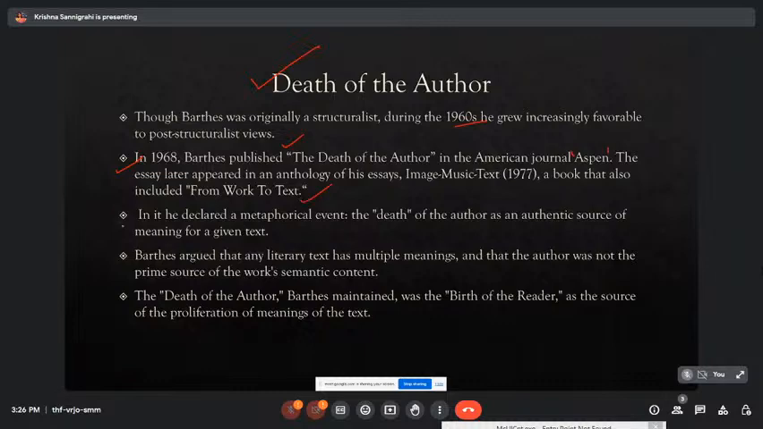What did he do in it? In it, he declared a metaphorical event, the death of the author, as an authentic source of meaning for a given text. So what is he trying to say? He argued that a literary text has multiple meanings and that the author was not the prime source of the work's semantic content. If you remember in our previous lectures, when we were discussing the idea of practical criticism, or while we were studying new criticism,